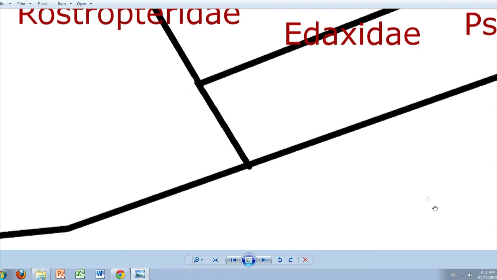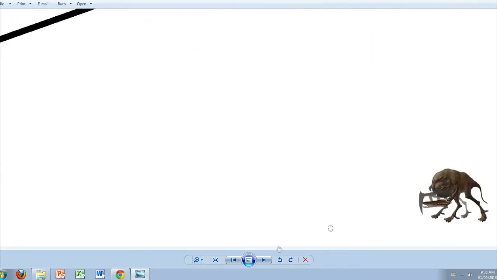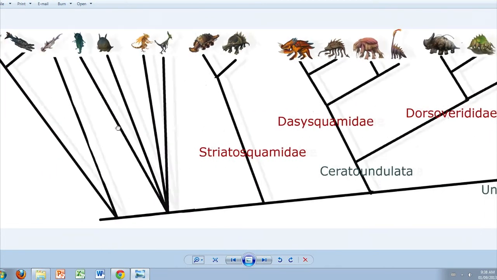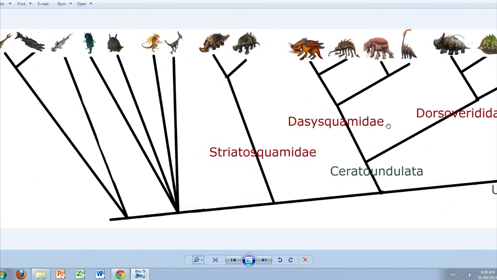What I'm thinking perhaps is more likely, due to the presence of the clawed feet, is maybe some sort of outgroup for the Edaxidae. Who knows? Or maybe even more closely related to the Rostoperidae. I don't know. That's something that I'm going to work on. This is obviously a work in progress. This is valid as of alpha